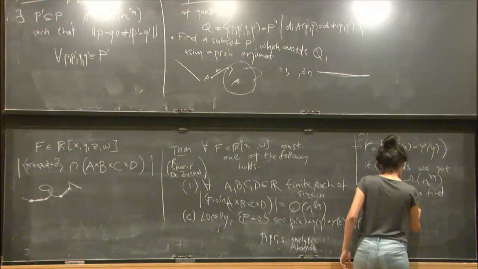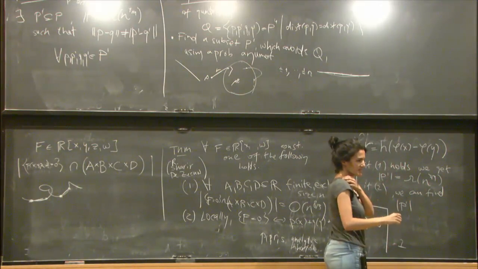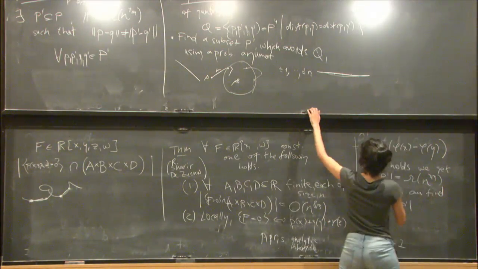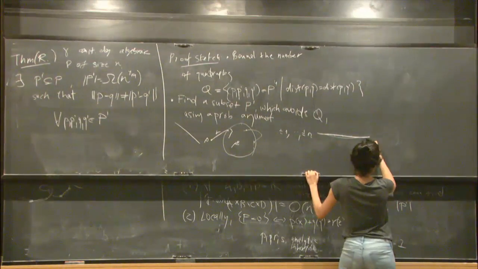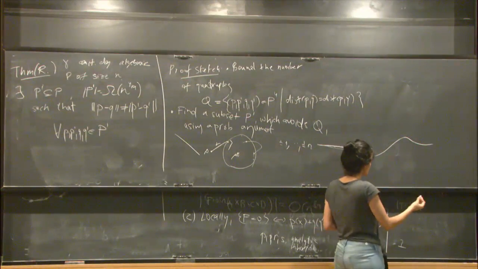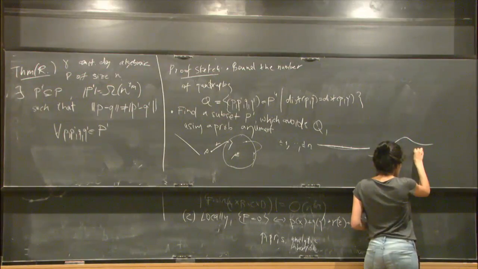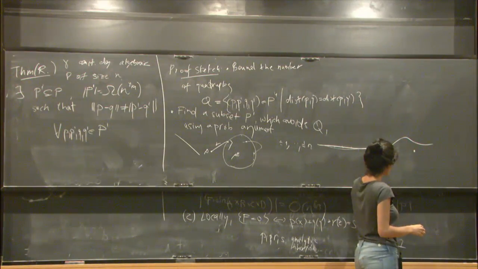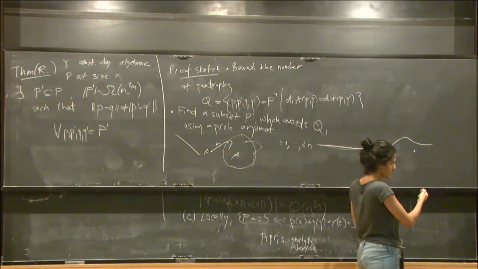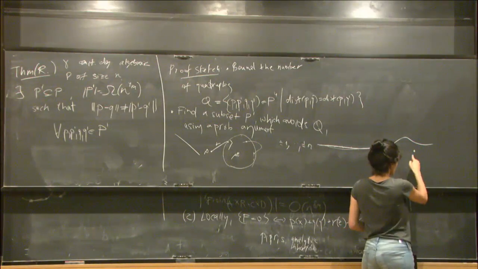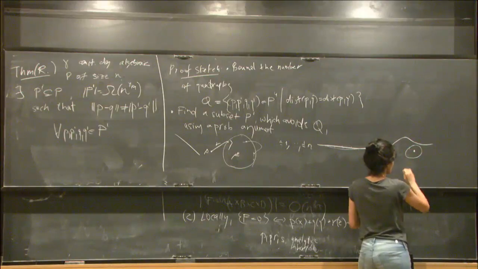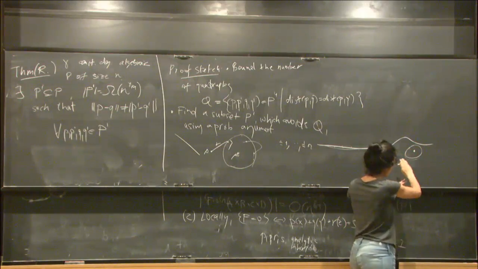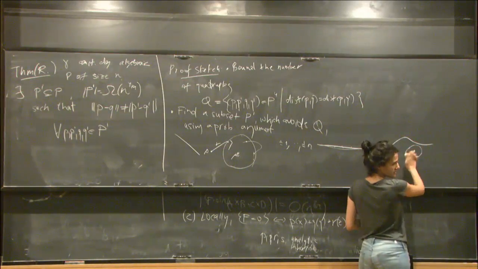What does locally mean? It means you look at the variety. It's a 3-dimensional variety in R4, and you can look at one point. There is something lower dimensional that you should ignore, but other than that, you can look at every point on this, and then there is a neighborhood such that the intersection of the neighborhood with the surface will